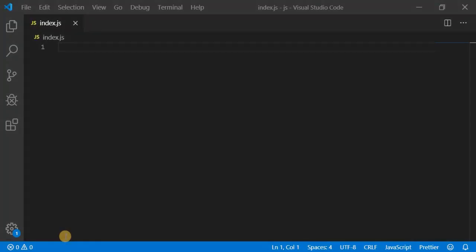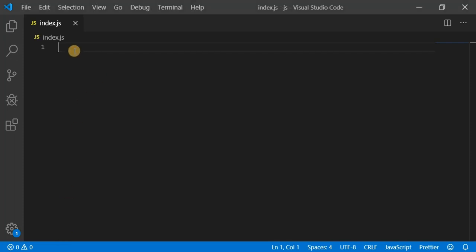In this video, I am going to show you how to use a spread operator. So, let's get started. A spread operator is a new feature of ES6 which allows us to spread an object or array. Let's understand what is meant by spreading an object.